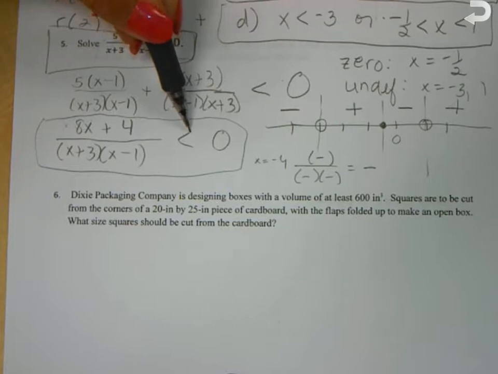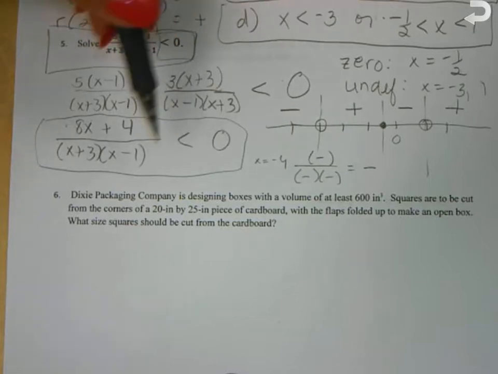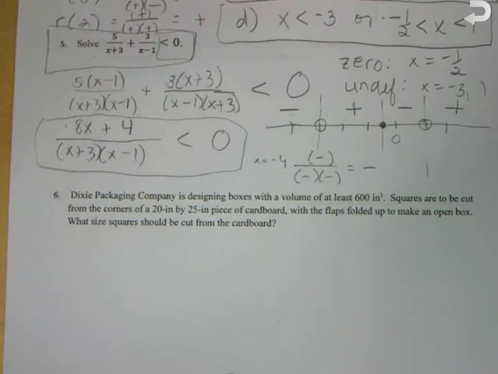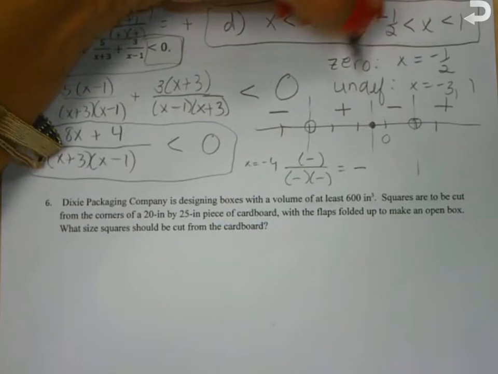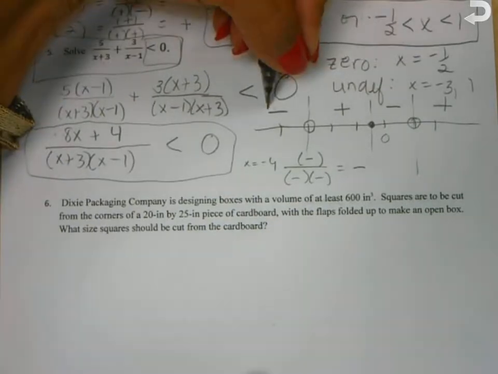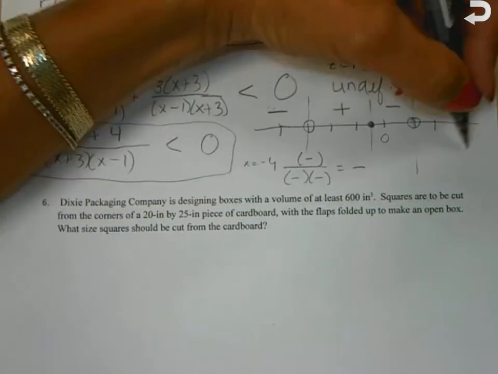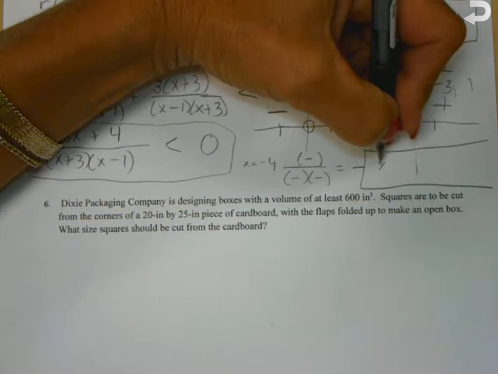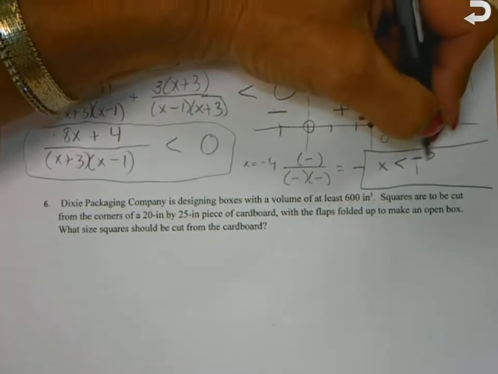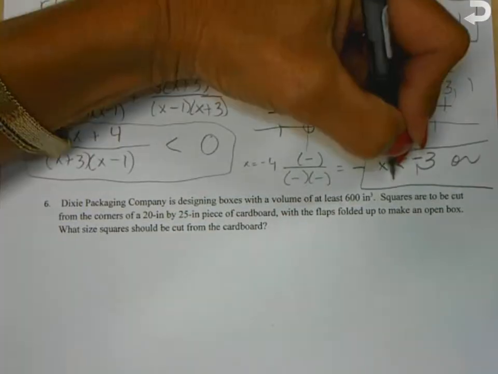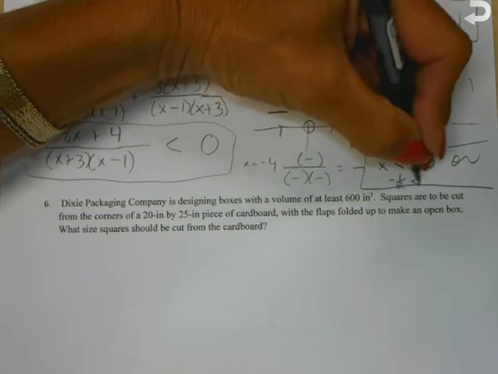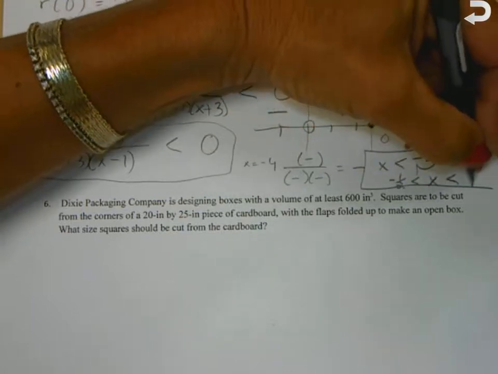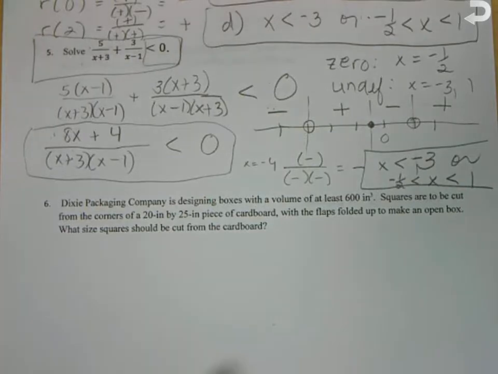Now that's not the answer to the question yet, though, because this question asks, where is our fraction less than 0? The only answer I want is the x values that cause the functional value to be negative. So the only answer would be the zones where I have negative responses. So my answer to this inequality is I would want x to be less than negative 3, or x would be between negative 1/2